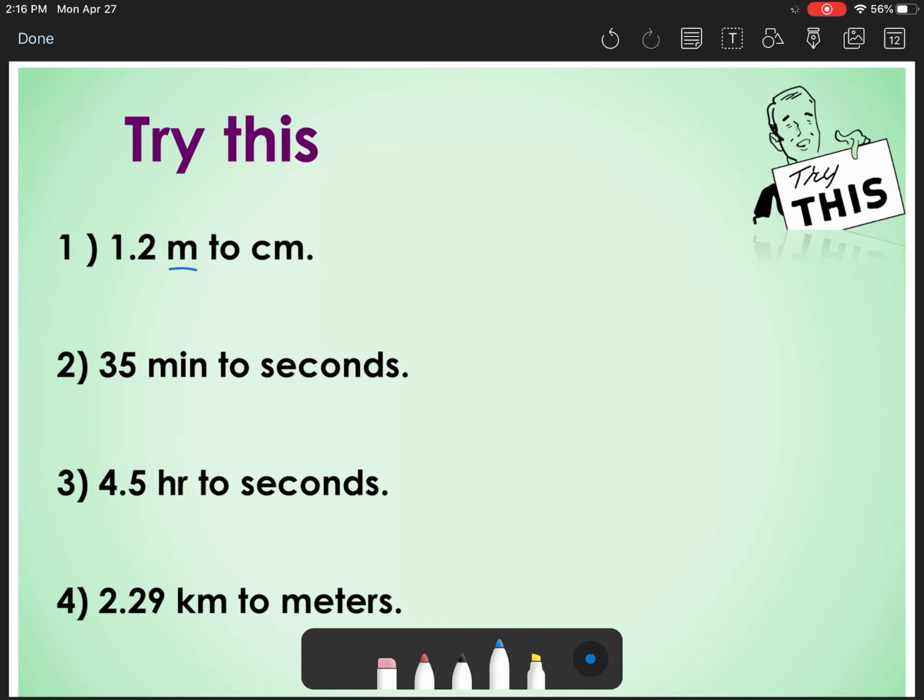I'm converting from meters to centimeters. First, I'm going to write out my metric staircase. So that's kilo, hecta, deca, meters, deci, centi, and milli. Sorry, I'm just going to separate those a little bit. All right. Number 1, it's just distance, so I can use my metric staircase. I'm going from meters to centimeters. Make sure you're moving in the right direction. Meters to centimeters, so 2 steps to the right. Therefore, my decimal moves 2 steps to the right. Answer becomes